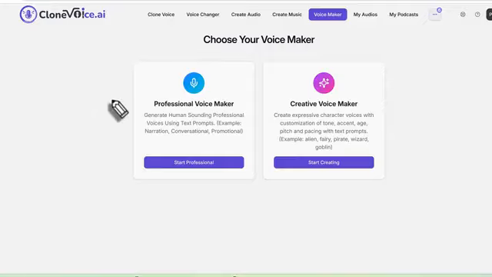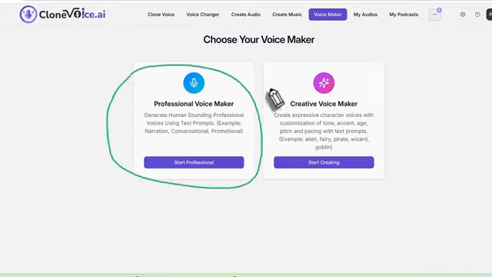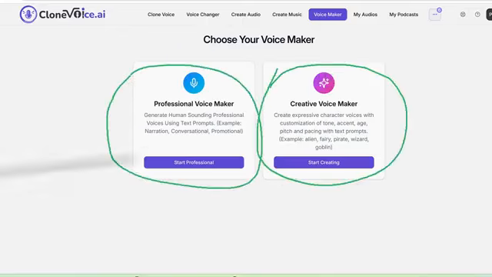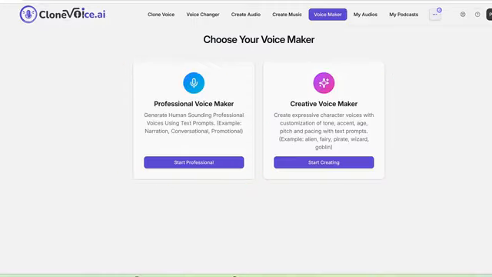So there are two components here, where number one, you have professional voice maker, and second, you have the creative voice maker. What is the difference between both? So as you can see in the descriptions we've written down here, professional voice maker is basically where you can generate human sounding professional voices using text prompts. Now, this is, for example, narration, conversational, promotional.